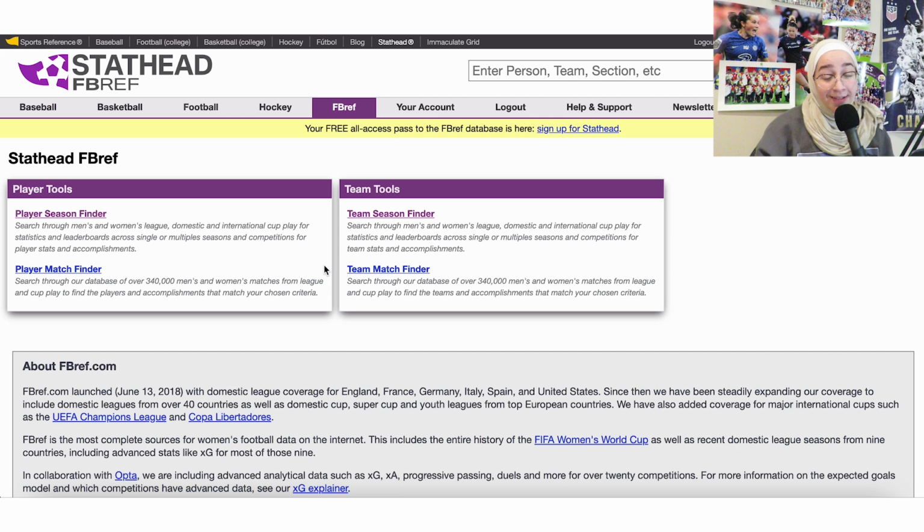So once you hop on to stathead.com/football reference, this is how it's going to look: a somewhat purple screen with a soccer or football logo. Then you've logged on to the right place. They've got plenty of tools to explore stats and numbers of players as well as teams. So today we're going to be starting off with the player finder tools, which are honestly some of my favorite to